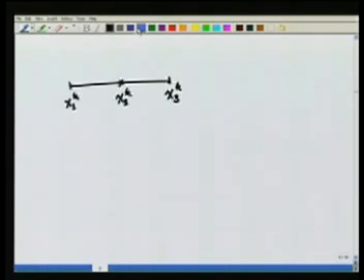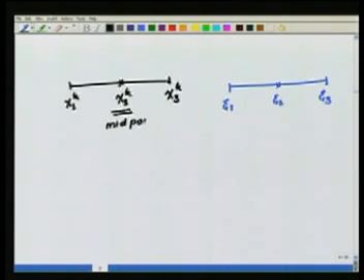and in the master domain the corresponding points will be psi 1, psi 2, psi 3. Now we know the way we had defined things earlier, that this point x1 of k is at the midpoint of the element. So if I do the mapping, this point psi 2 will be at the location 0, which is the midpoint of the master element. And if I had defined a function, the shape function in the physical domain, let's say